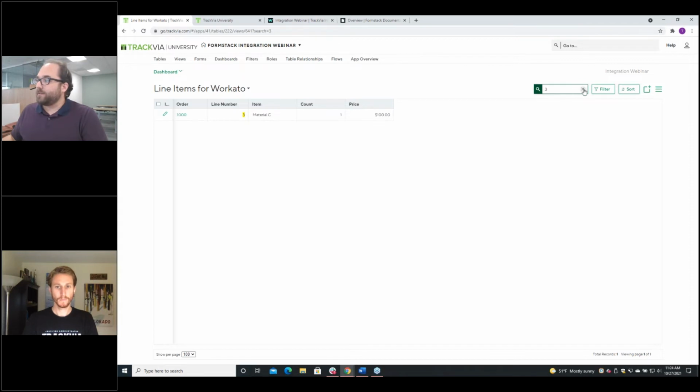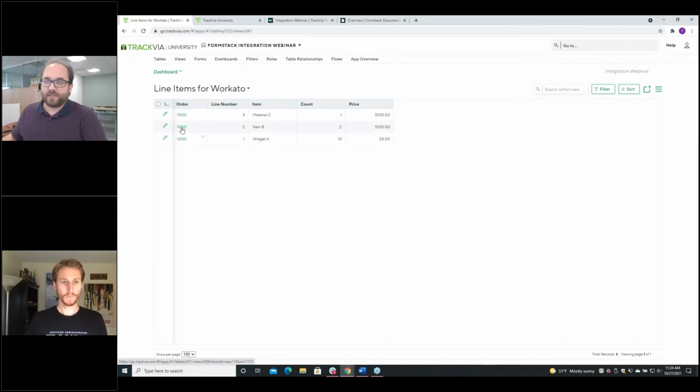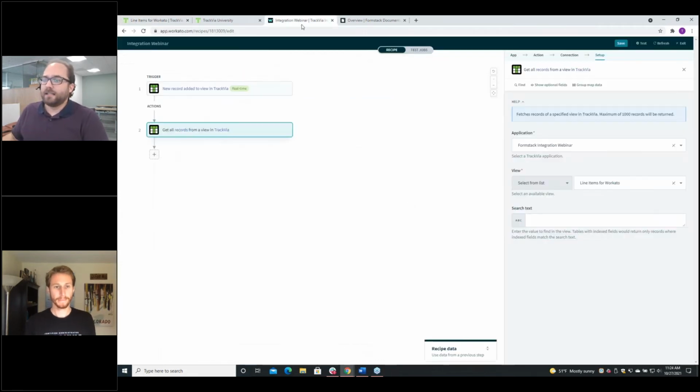So what I'm going to do this time is use this search field to narrow it down a little bit so that I'm only getting the ones that have this order in it. And obviously, it's possible for this order number to appear elsewhere in the record. If I tell it to search for 1,000, because 1,000 is the order number, it's also going to find me hits on any record that's $1,000, something like that. So it's very easy to get those false positives, and we're going to have to do a little bit of work to hide that. So the first thing we do is I'm going to go in here,